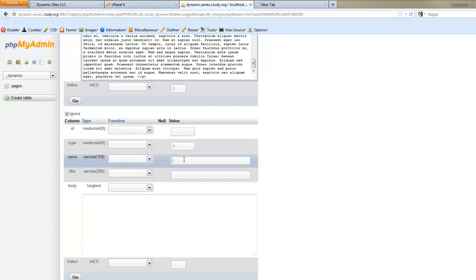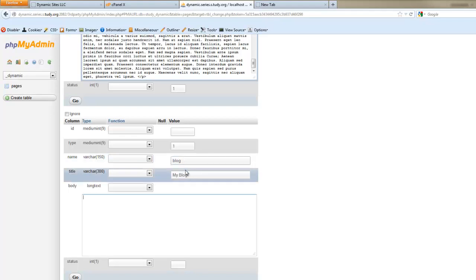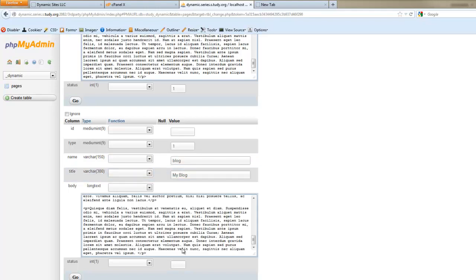So let's call this blog, and we'll call this my blog, or whatever you want. And again, Control V if you have that in your clipboard. Status is equal to 1. Now we could have made status have an automatic default, and a lot of times I do that. That's up to you. Now let's go ahead and hit go,